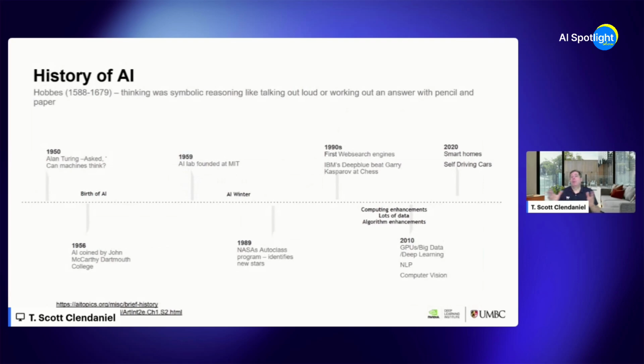In other words, we can go backwards, but there are these gaps in history in the timeline where you look at it and think, well, what happened then? Because this stuff goes back to the 1600s. Why is there this huge gap between 1959 and 1989? Well, it's not that nothing was developed, but the pace went down really slow, just like I move in wintertime. In 1989, NASA developed an auto-class artificial intelligence system, and that was identifying new stars.